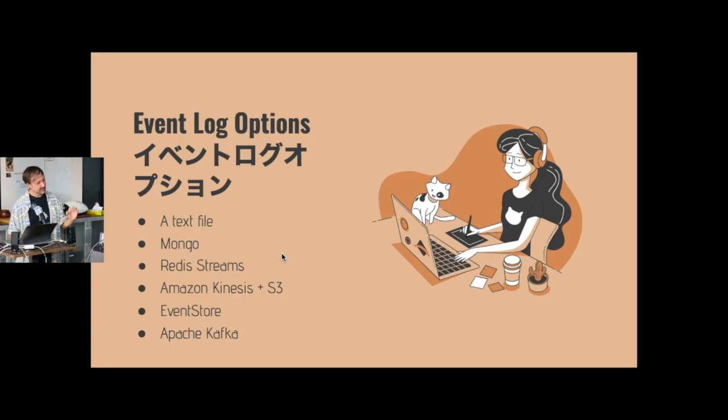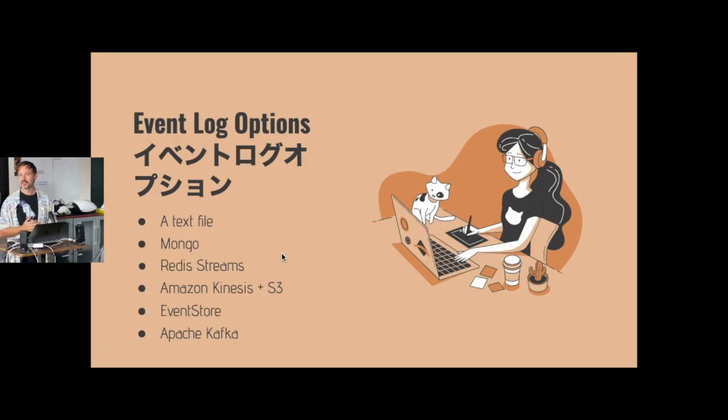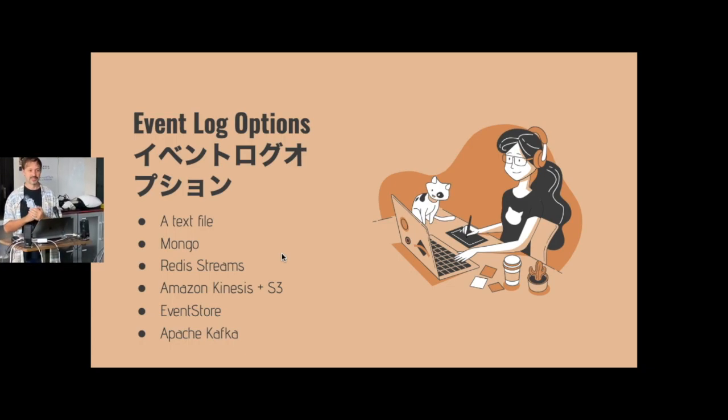You can get a little more specific. You can use Redis streams, which allow you to create these event streams that you can then read for multiple readers, starting from any given point, and that scales out pretty nicely. You use Amazon Kinesis in S3 if you want to get all cloudy. Kinesis is basically an event stream, and you can pipe it straight into S3, which is a storage system, and say, I'm just going to put all these events here, and then I can read them later.